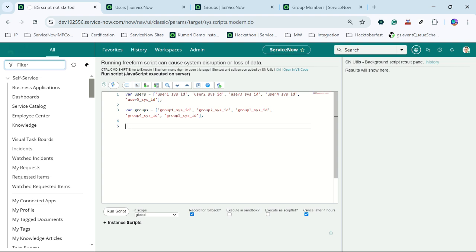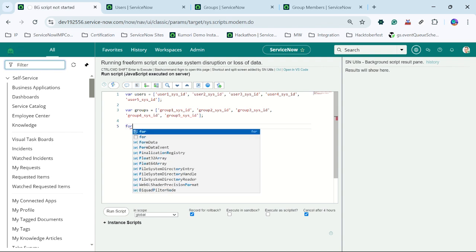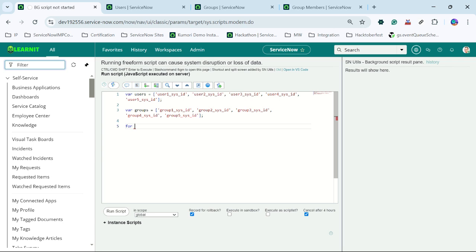What we need to do is add users to each group. So first, how will things happen on the backend? It will take the first group and then add all 5 users. Similarly we have to iterate the groups, and inside the iteration of groups we need to add the users. So what I will do is write a for loop